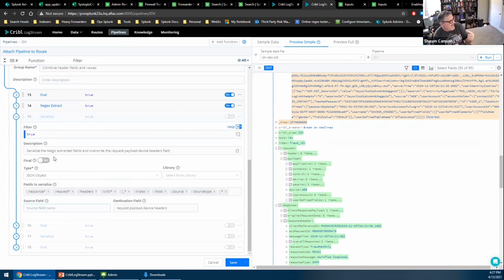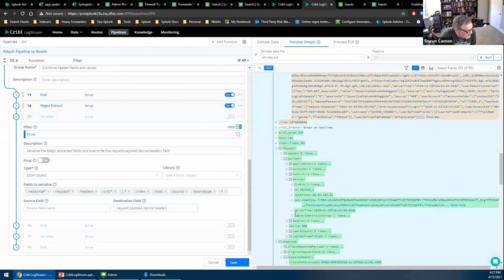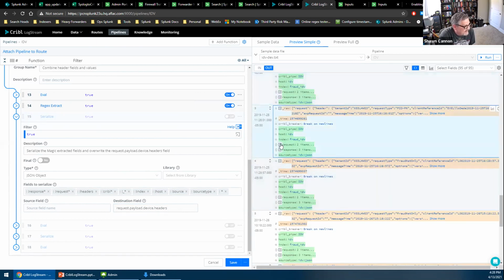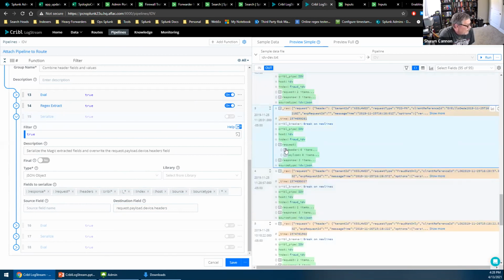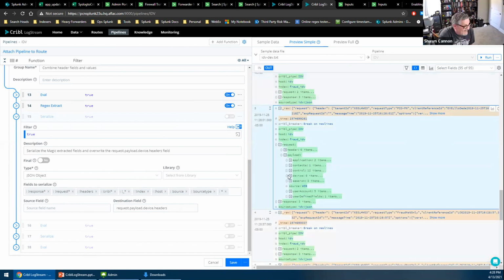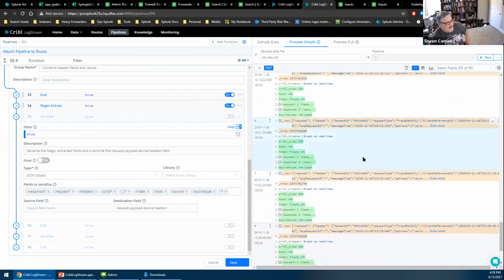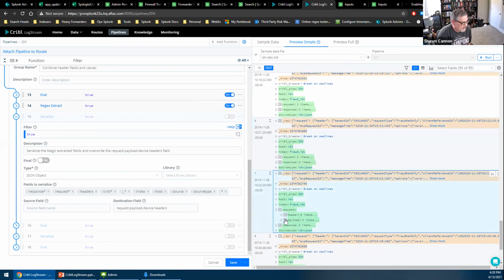So I'm extracting that out, but then we're serializing these fields and then overriding all of the request payload device headers. That's what I was looking for, device headers. I don't know why this one does not have it. Not every field has the headers. I really hope I can find one. Open a feature request to have a search box here. I know all this data that I've got doesn't necessarily have all these fields to show what I was hoping to show, but